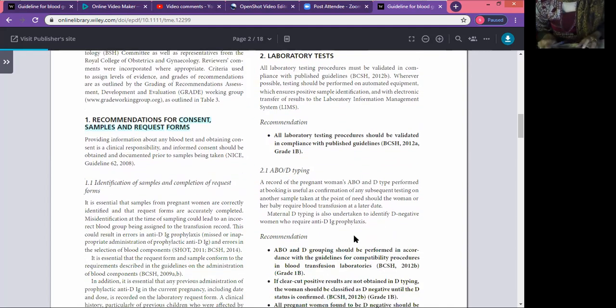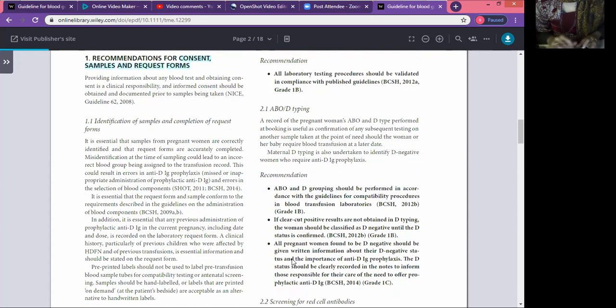What they have said about ABO and D typing is that ABO blood grouping needs to be performed in accordance with the guidelines for compatibility testing. These are previous guidelines that we will probably go through at some other stage, but they outline how to do the ABO and D grouping of all samples. With special regard to ABO and D typing of pregnant women, these guidelines add on to those guidelines, and they have stated that for the D blood group,